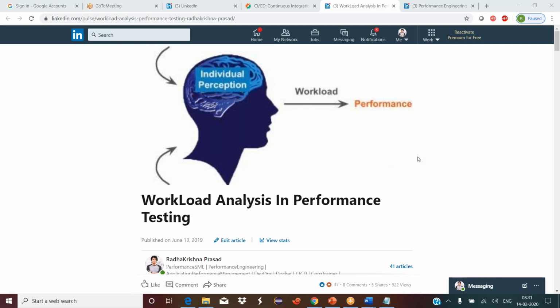Even if you take any client, even a very big chain, no company will give you the exact mirror image of a prod-like environment. Correct. No chance at all. The reason is that performance is very, very expensive. Point number two is, even if you buy a StormRunner Cloud license for 3,000 virtual user days, there